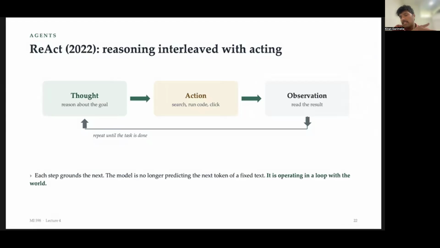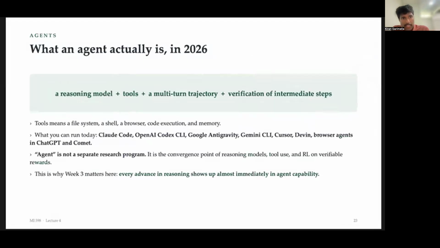And especially this makes it more well suited for coding agents, where you write a piece of code, run it, observe the outcome, is this correct or not, did it run or not, and then you learn from it, you go back and do the next step. And every coding and browsing agent that you've had since 2024 is a variation based on this ReAct paper.